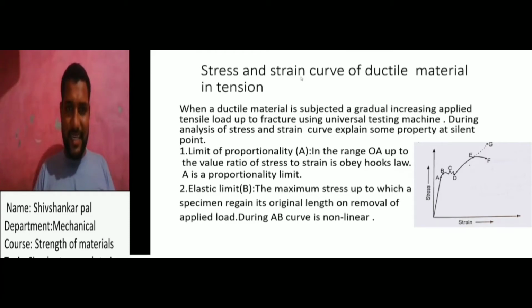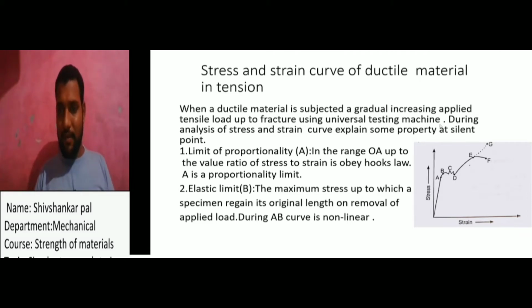Stress and strain curve in ductile material. In tension, when the ductile material is subjected to a gradually increasing applied load up to fracture using the universal testing machine, UTM in short form,